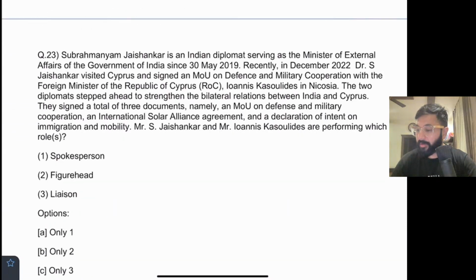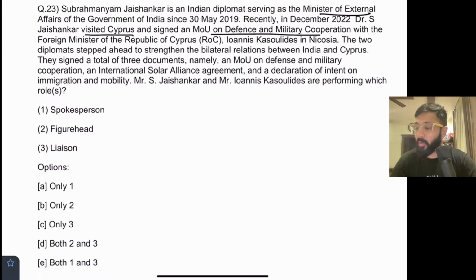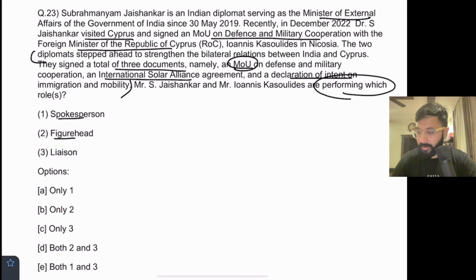Okay. Question number 23. Shankar is an Indian diplomat serving in Ministry of External Affairs. Recently, he visited Cyprus and signed an MOU on defense and military cooperation with Foreign Minister. The two diplomats stepped ahead to strengthen the bilateral relations. They signed a total of 3 documents: MOU, इंटरनेशनल सोलर अलायंस एग्रीमेंट एंड अ डिक्लेरेशन ऑफ इंटेंट ऑन इमिग्रेशन। ये कौन से रोल्स फंक्शन परफॉर्म कर रहे हैं? स्पोक्स पर्सन, फिगर हेड, लाइसन।